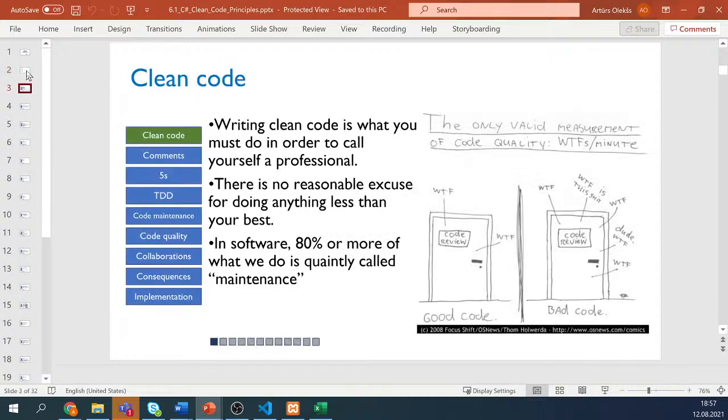So, first of all, we talk about clean code. When you work with different programs, then most likely you will always face such a thing called clean code. So what does it mean? It means that this is what you must do in order to call yourself a professional. So yeah, that's fine. In practice, unfortunately, there are some programmers who basically just want to finish their code